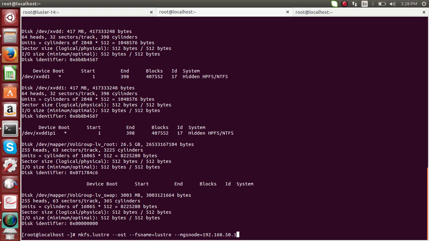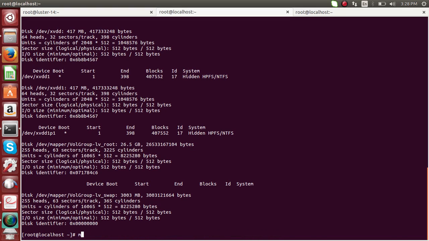Dot 14 is the IP. TCP, and we need to give the partition name /dev/xvdf. By this command the partition /dev/xvdf will be formatted with the Lustre file system,